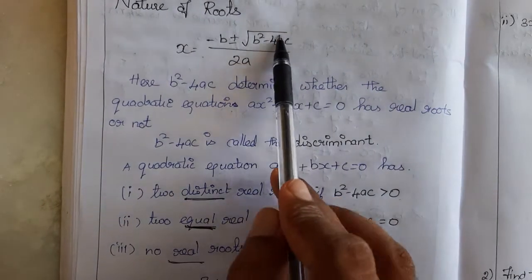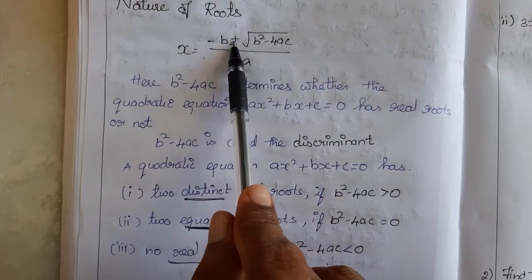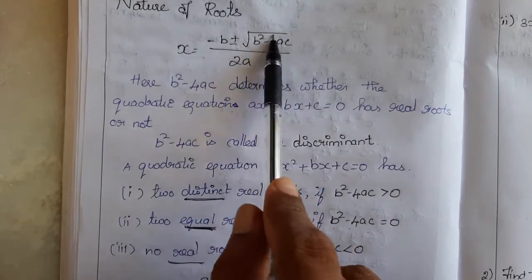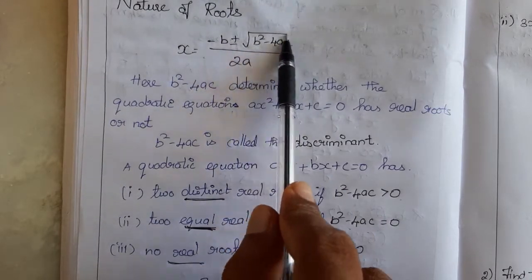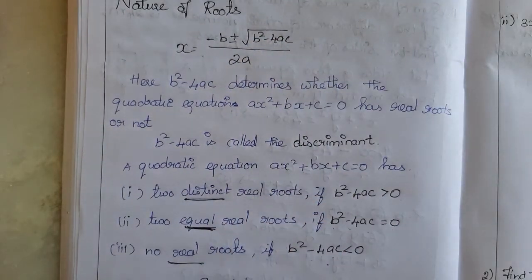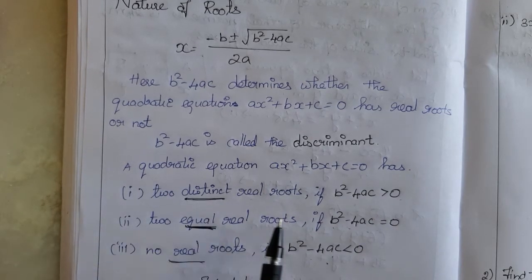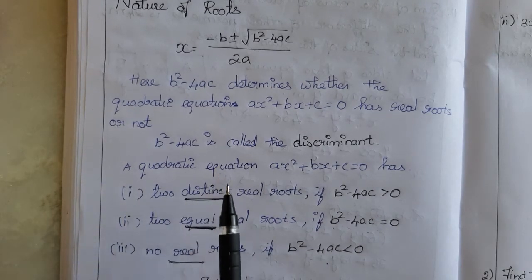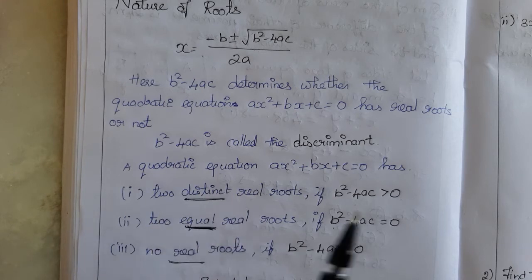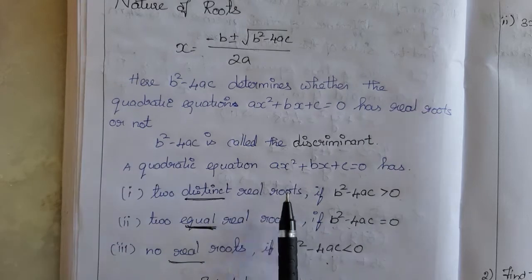If we get a negative part here, we cannot take a square root, right? We have not learned so far about the square root of negative numbers. So there will be no real roots, no real number; it is some other number, called an imaginary number. That we will learn in the upcoming classes, 11th standard. So just we will concentrate on whether there are roots or not.